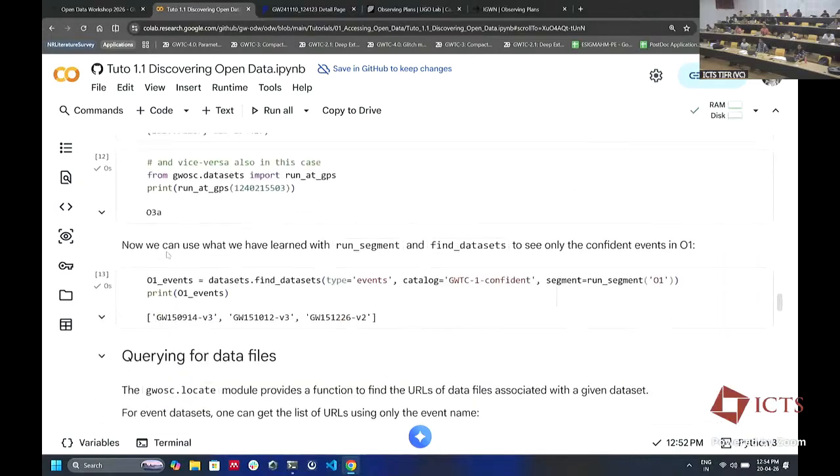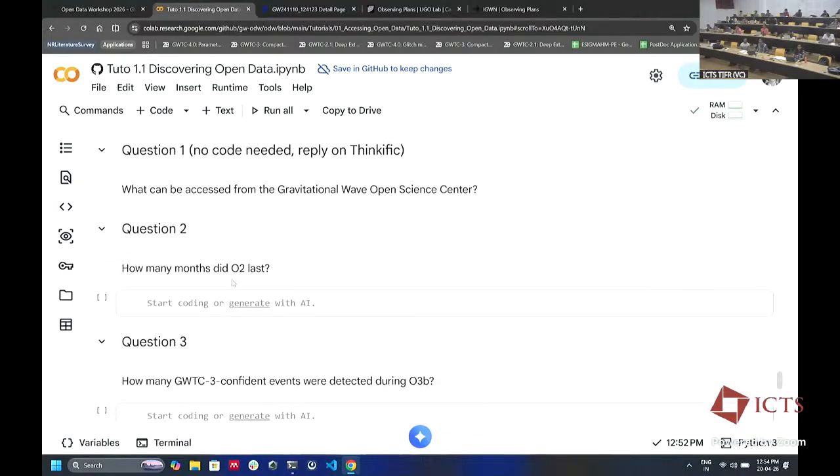I'll pick the easy one, which is asking how many months did O2 last. So how would you do this? You need to, yes. So for now, you can either do it that way, like Google how to convert GPS times to dates and then subtract the dates. But for now, a rough answer is enough. So a GPS time is really seconds. Those integers are seconds. You can subtract them, divide by 30, 24, and 3600. I'm going to do that just now.